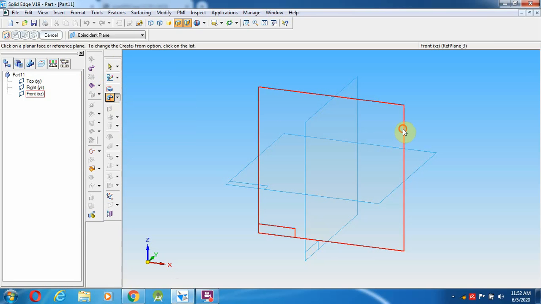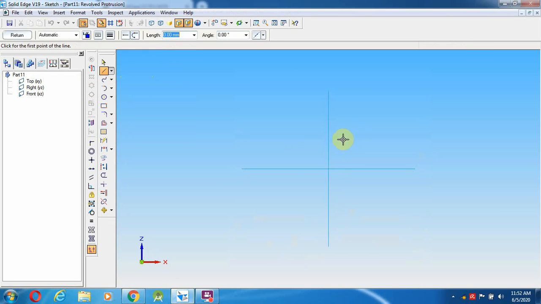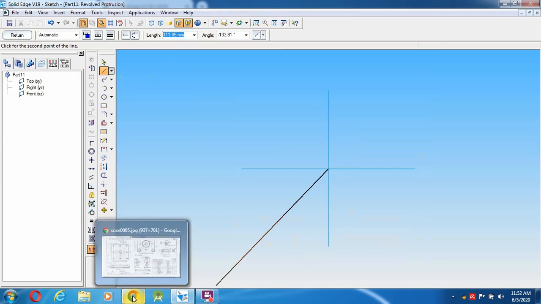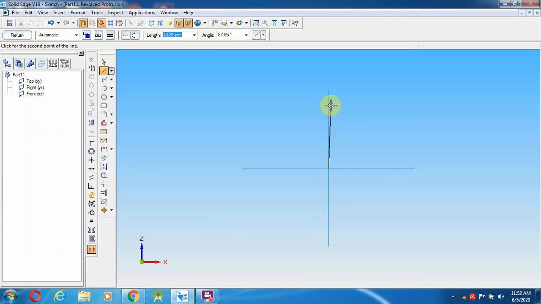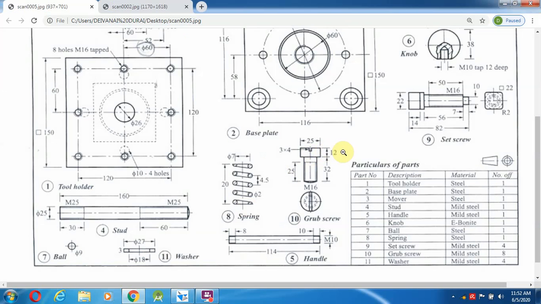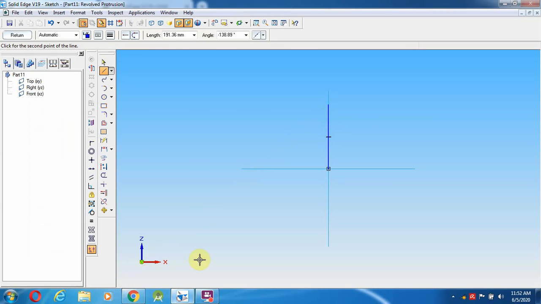Select revolve protrusion here. I am going to draw a line from here, starting with the height. Height is 32 plus 12, 44, and 25 mm diameter. What is the diameter? 12.5 and 16. Sorry, 12.5 is the radius.